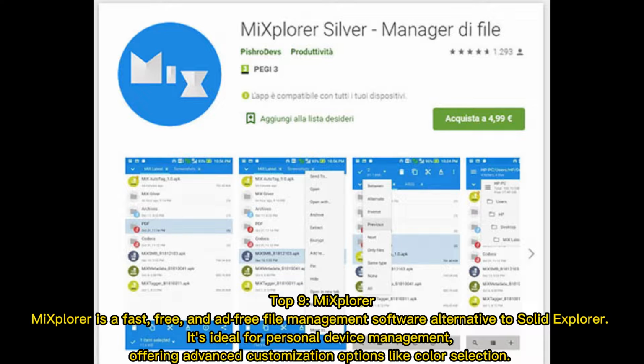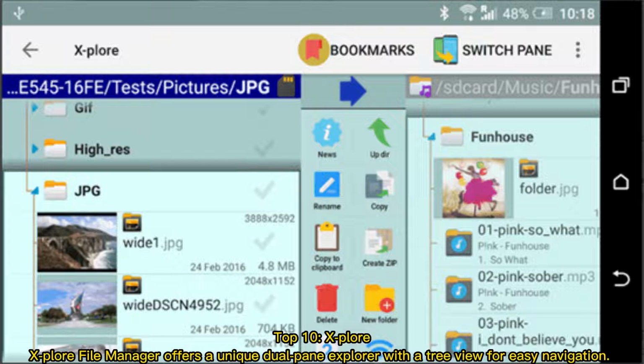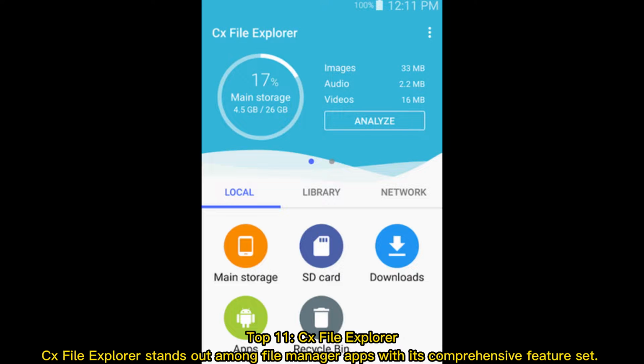Top 9. MiXplorer. MiXplorer is a fast, free, and ad-free file management software alternative to Solid Explorer. It's ideal for personal device management, offering advanced customization options like color selection. Top 10. X-plore. X-plore File Manager offers a unique dual-pane explorer with a tree view for easy navigation. Top 11. CX File Explorer. CX File Explorer stands out among file manager apps with its comprehensive feature set,